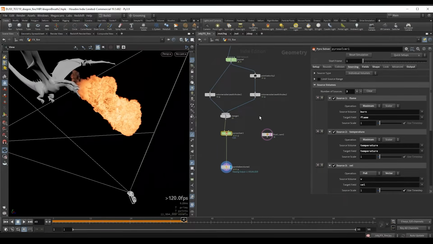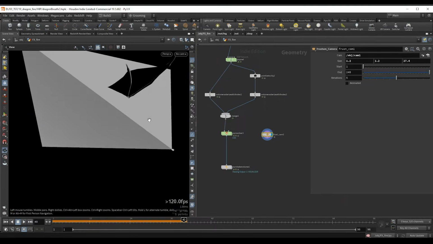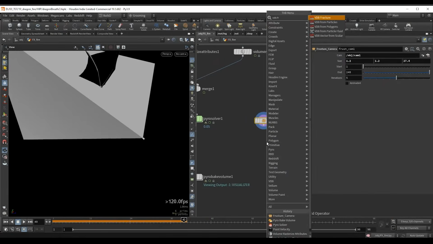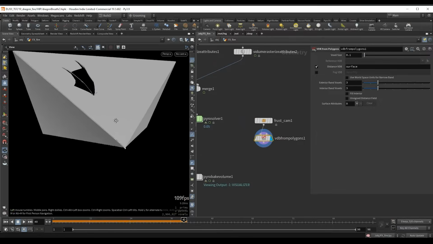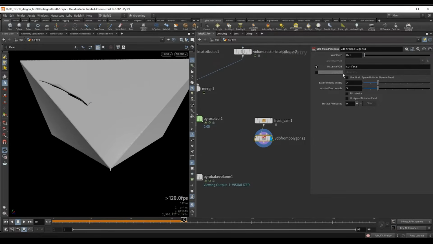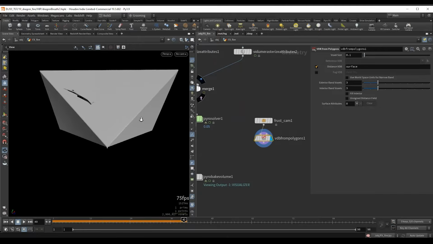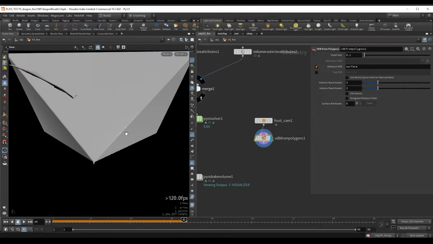But what I did was I grabbed the camera Frustum, and this is a closed geometry, so I can do a VDB from polygons and turn this into an SDF. We don't really need super accurate voxel size here, so we can just leave this at 0.1. I just want enough information outside the borders so that our fire can interact with what happens outside of our camera Frustum.